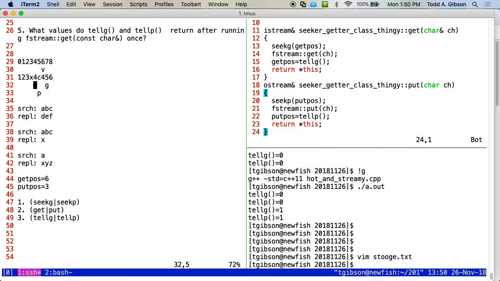So do you end up with a 1, 2, 3, x, 4, 5, 6? 4, 5, 6. That's what you end up with, and this is where I said that there's that truncate function that you have to call.